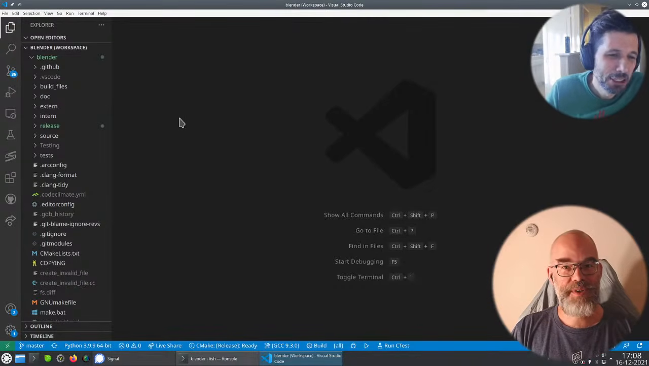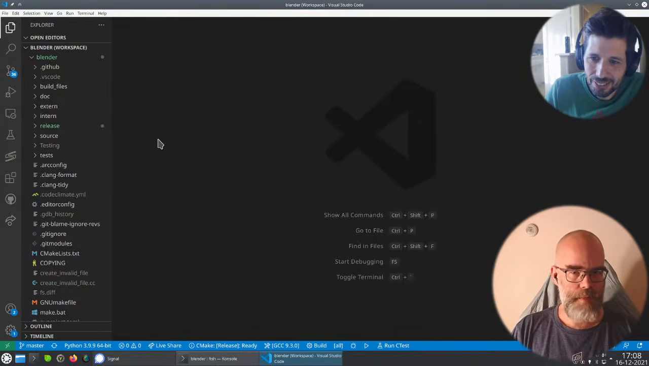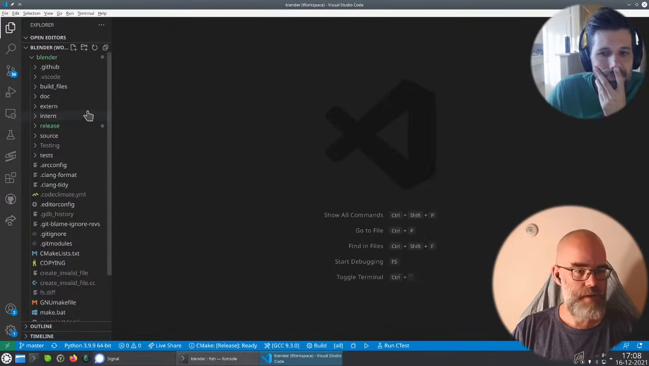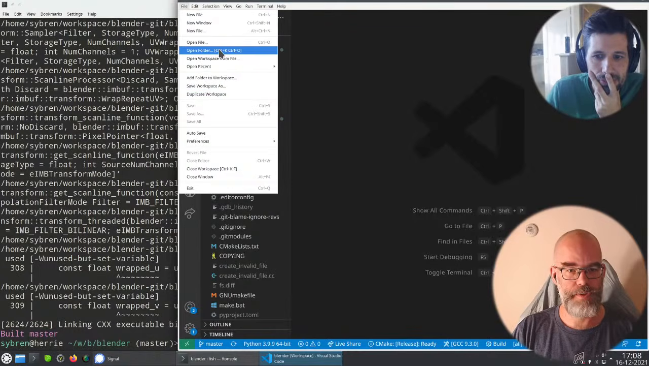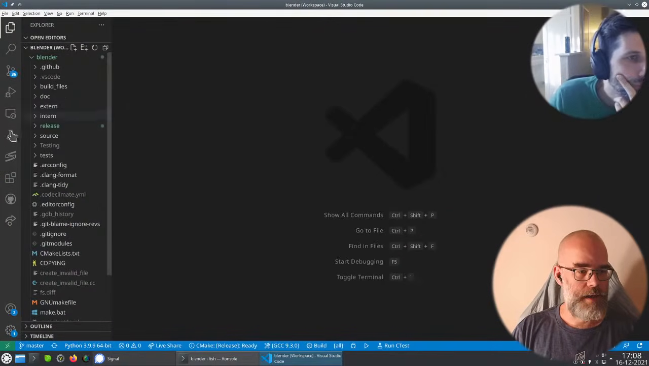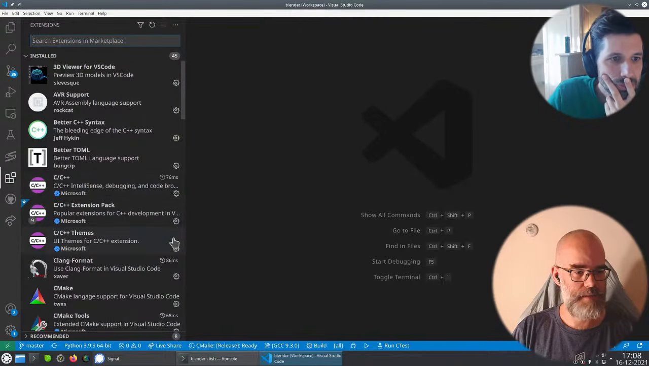So I use Visual Studio Code for my IDE. I use very little setup. I just open the Blender source directory with File, and then Open Folder. It opens on another monitor. I have a few extensions, but the most important ones are the C++ and the CMake support, Clang format